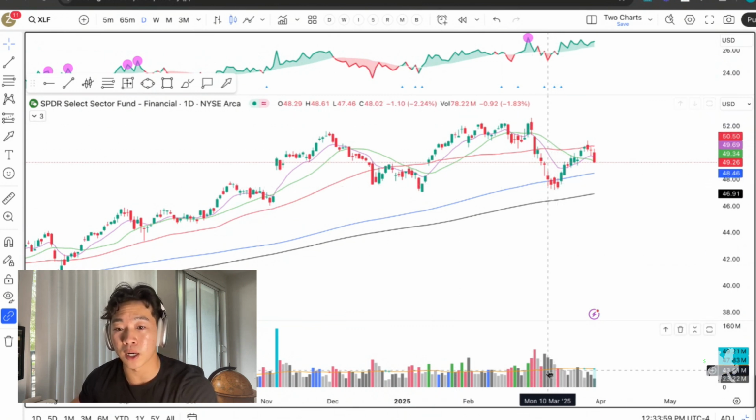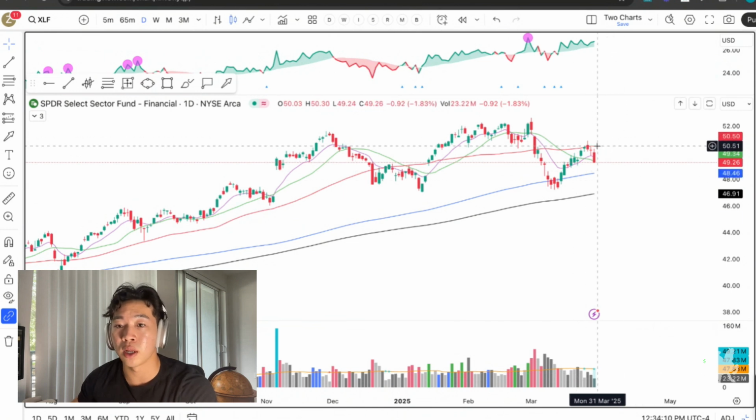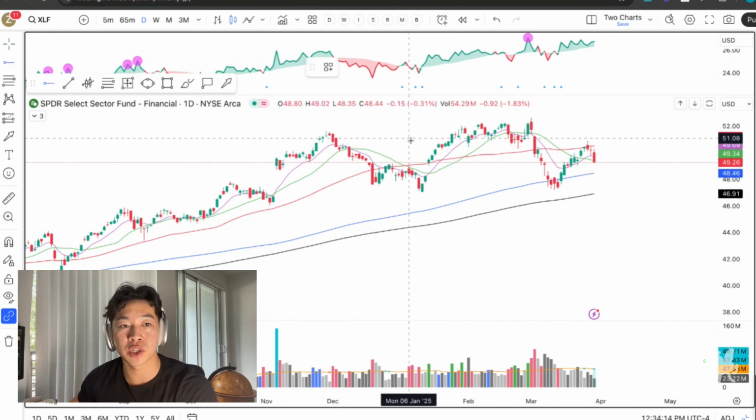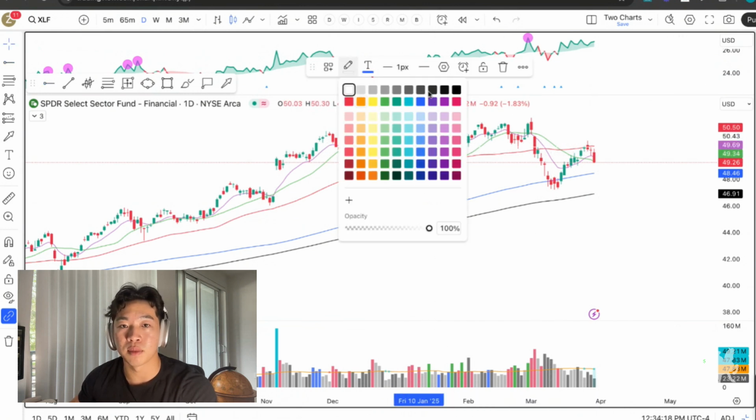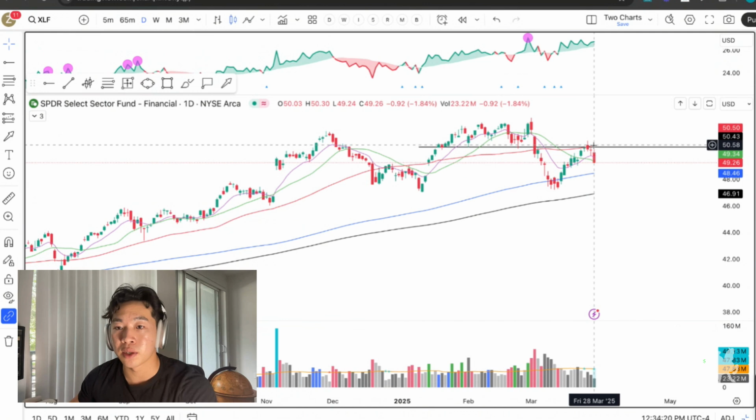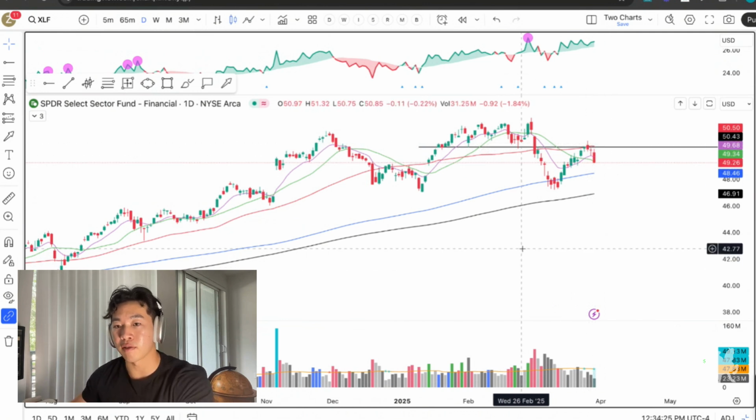So we broke down hard. You can see the volume was elevated here. We started rising, but there's zero volume coming into the market, meaning buyers were not coming in, sellers were in control. And once we got to this inflection point, which was pretty much support turned resistance, and let me make that black actually, you see that we overshot it a bit, coincided with the 50-day,